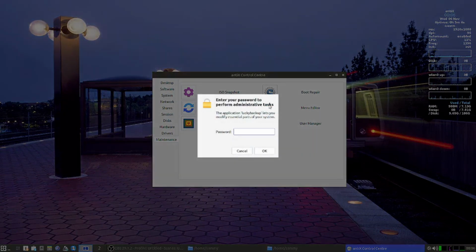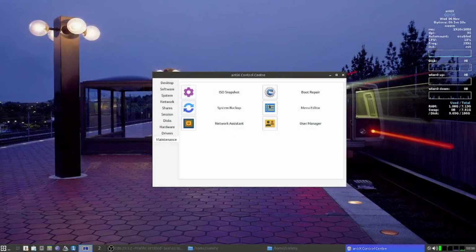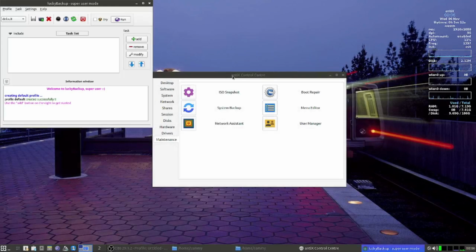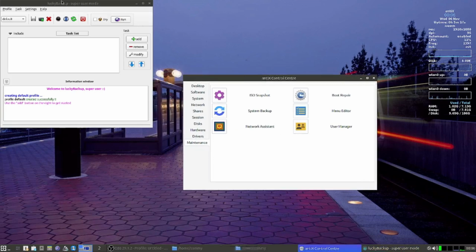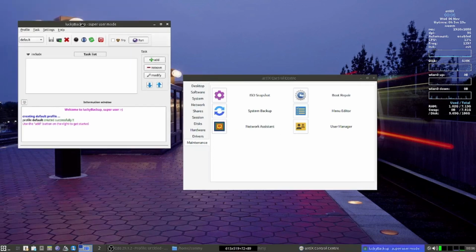You have to click once and input your root password. I am not going to do a complete system backup. I am going to show you only some personal folders that I am going to back up. For example, I will try to back up the download folder because I did a trial of this, and when I do a complete system backup, since I am storing the backup in the same drive only, because I don't have any space, nor do I have any free removable drive where I can take the backup,